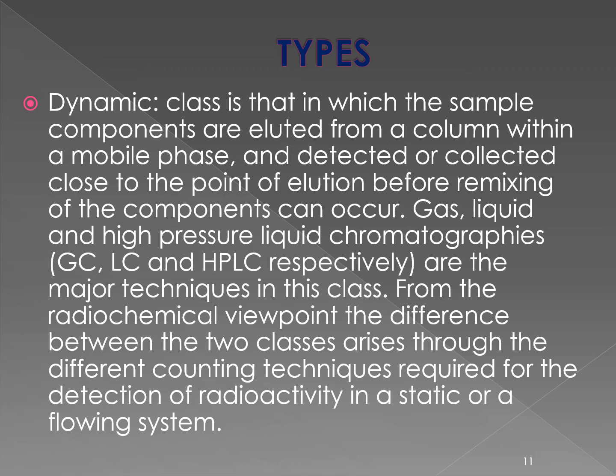Now, if we discuss the basic concept of dynamic type of chromatography, in this class of chromatography, the component mixtures along with mobile phase when moved over the column in which the stationary phase is present, the sample components show more affinity towards the mobile phase, and they move from the column along with the mobile phase, and in this way the components can be separated through the mobile phase which is collected at the end of the column.